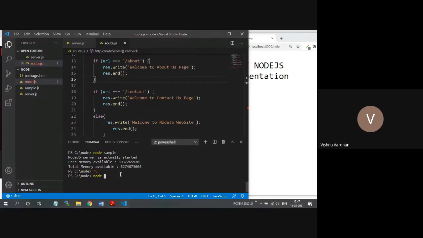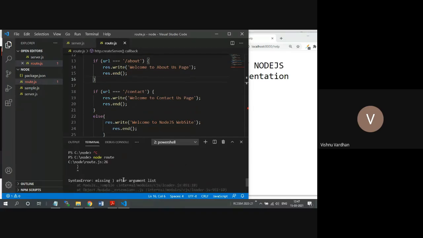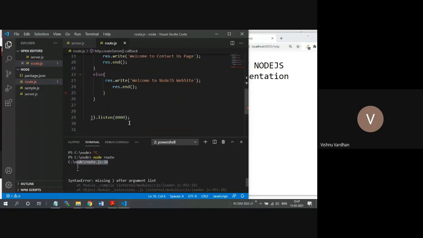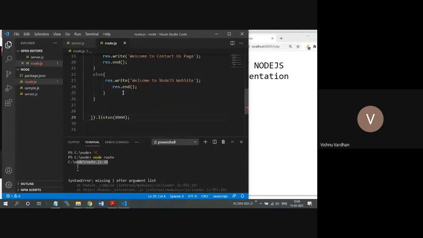This page is route, so I am calling route, and it is showing some error. At line number 26, I am missing something. I think I have given extra braces here. So let us remove that.